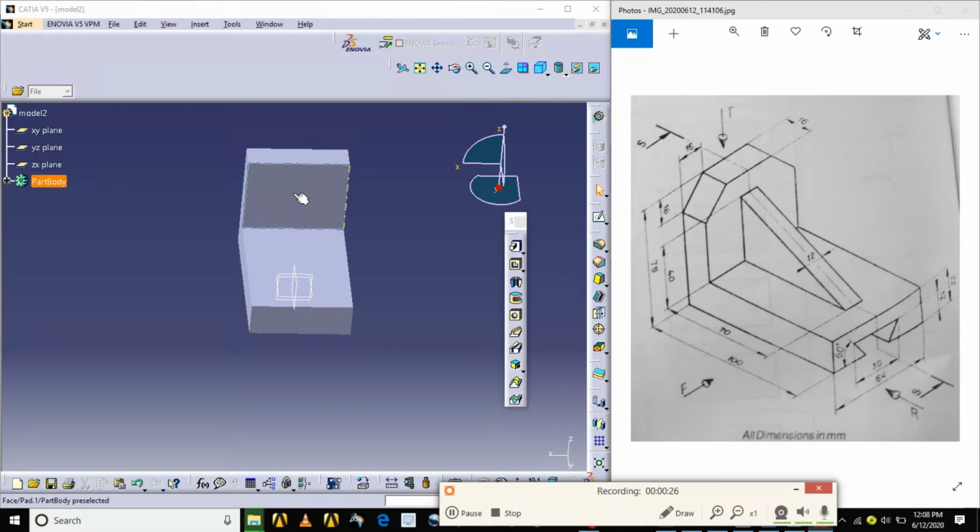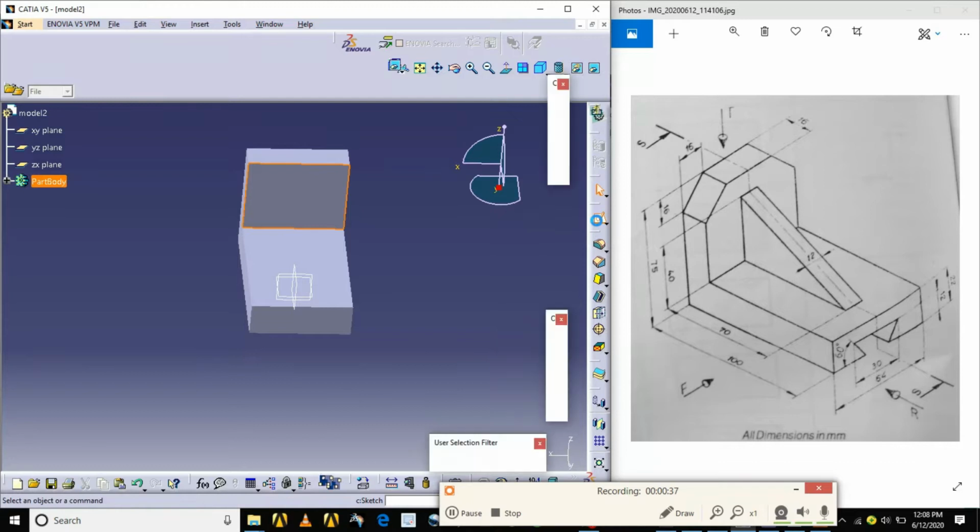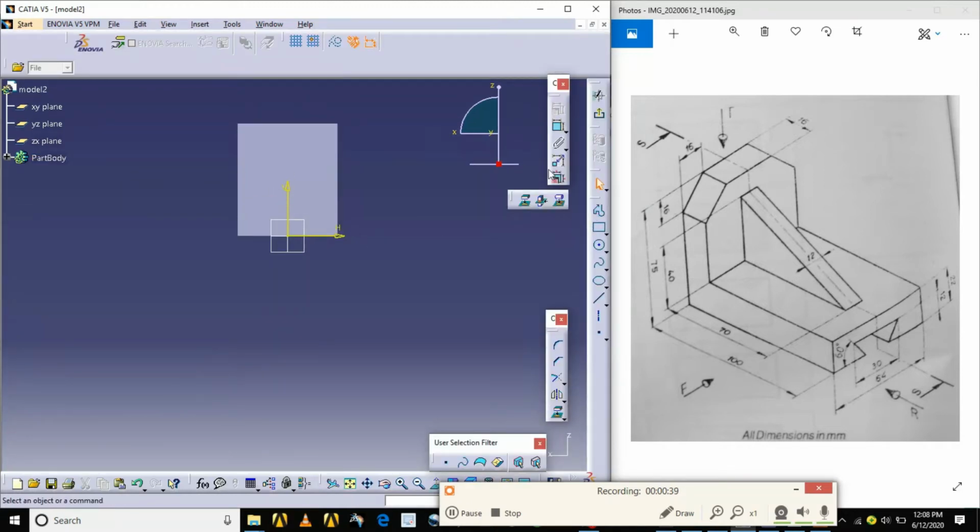Now I'll take this plane because I need to remove this material. So you go to the sketch mode. Next, use the line command or this profile command.